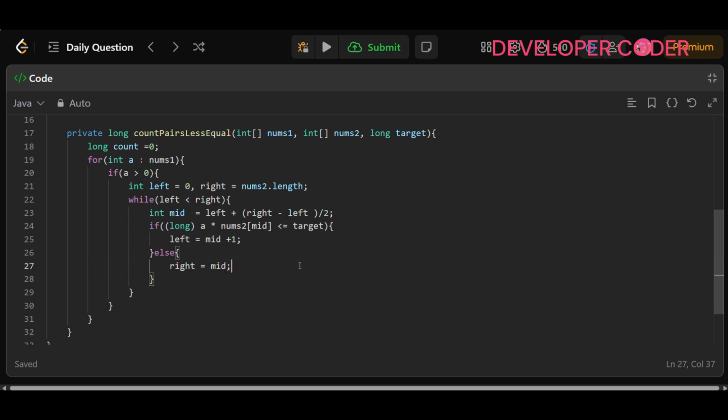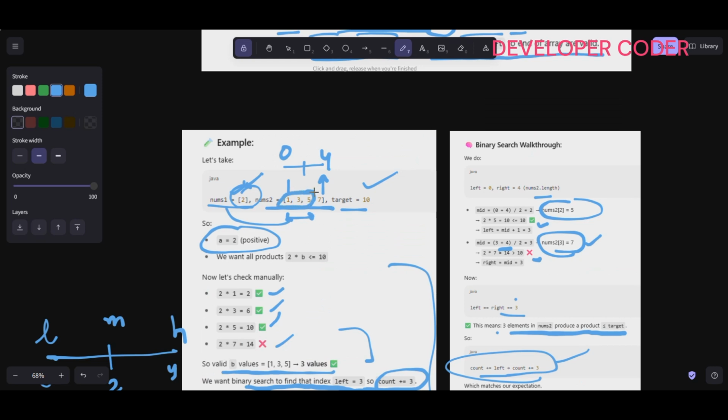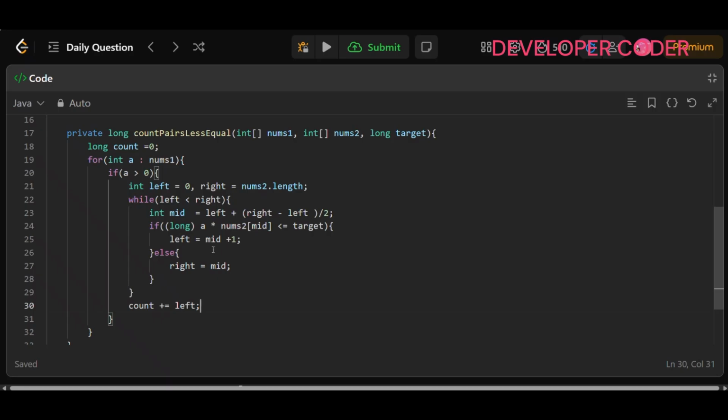And here, when this while loop ends, you have to simply do count is equal to count plus left, okay. So this is for positive, right? For positive, this side we are picking, okay, until here. But for the negative we are picking this side, so nums2.length minus left we are doing, okay. So the same code I'm just going to copy paste here, but you need to change